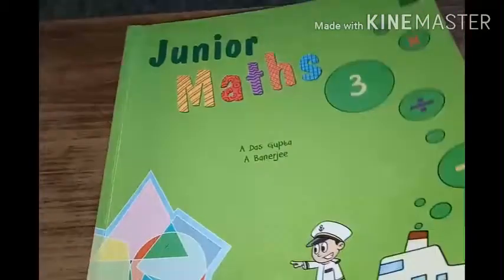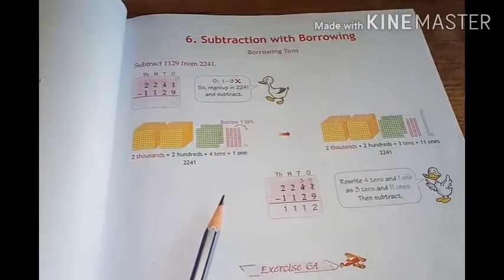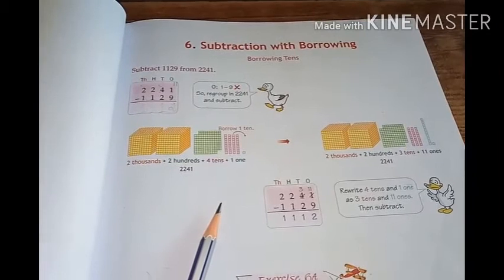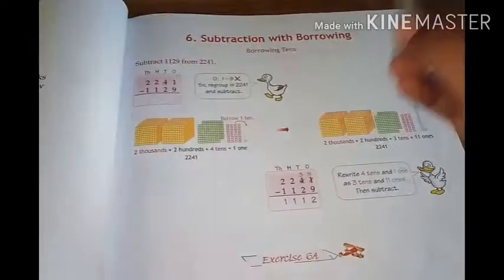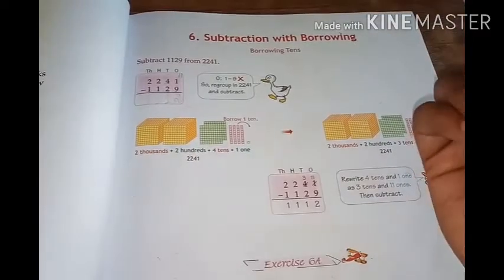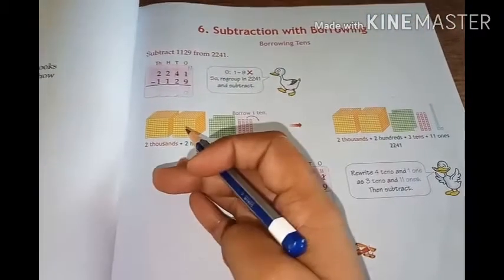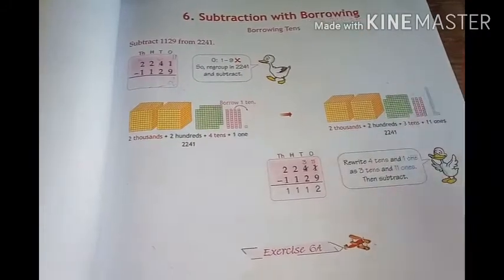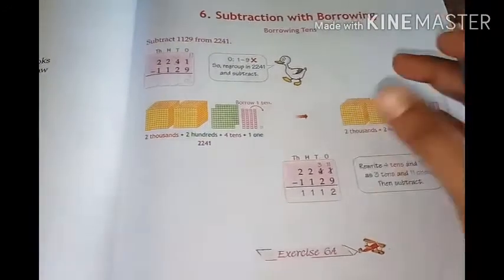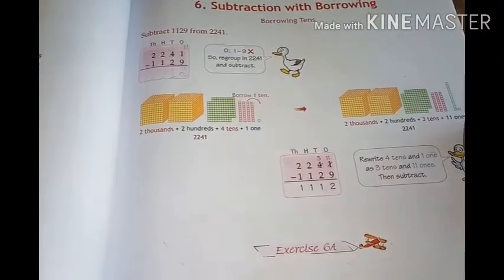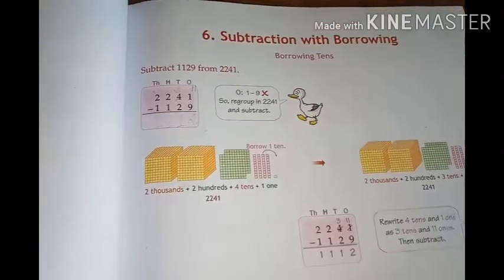Today your ma'am is going to explain you unit 6, which is subtraction with borrowing. So bacha, in this chapter we will learn about subtraction of numbers which we cannot subtract directly, so we have to take a borrow from the tens place and then we subtract the number properly. We have already done addition with carrying in our previous chapter, so let's learn how to subtract the numbers with borrowing.